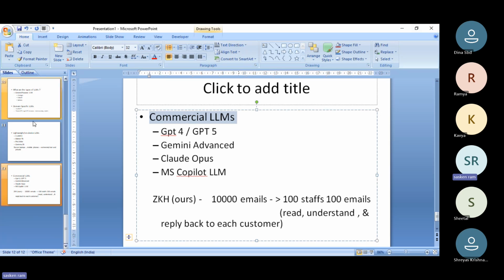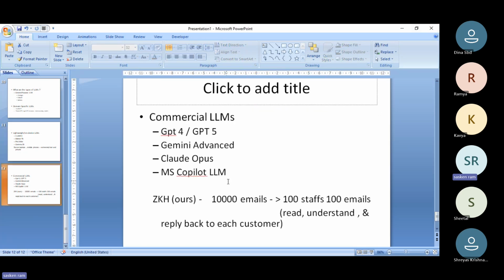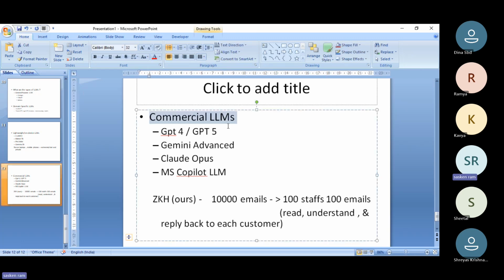But open source, though there is an advantage, right? Still the chances are high that customers' emails, personal information or confidential information can leak with open source LLMs. Commercial LLMs, for example OpenAI, Google and Anthropic, are giving the assurance: hey, you give me your data, I will process it, but I will not expose the sensitive information to the public. What I will do is, once your job is done, I will remove all the details from my memory.